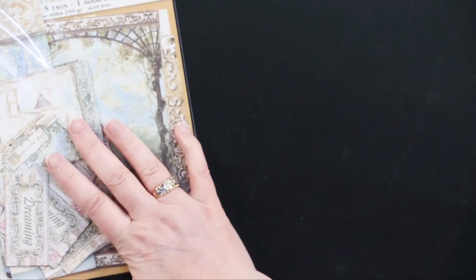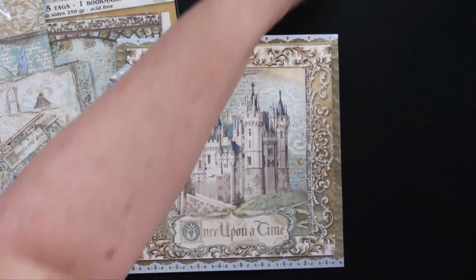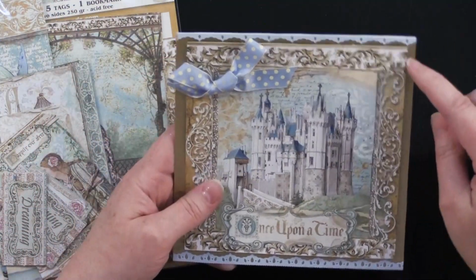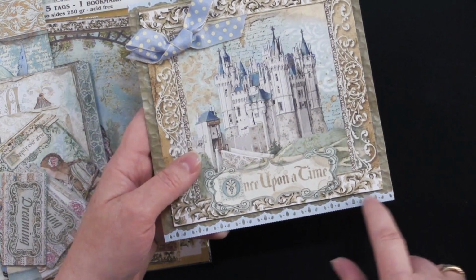All right, so then this one is the Sleeping Beauty. Got all the same shapes. So here is that big card that I used for this one. That's this shape, this square on a 6 by 6 card. I actually covered my card with hammered gold paper, and then I took some of those pastel blue fancy border